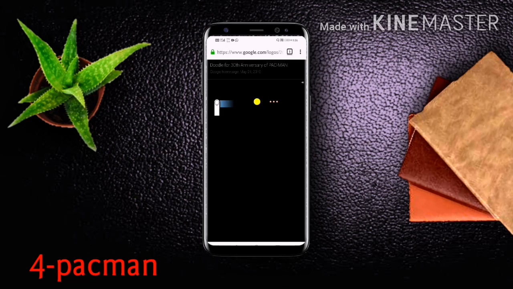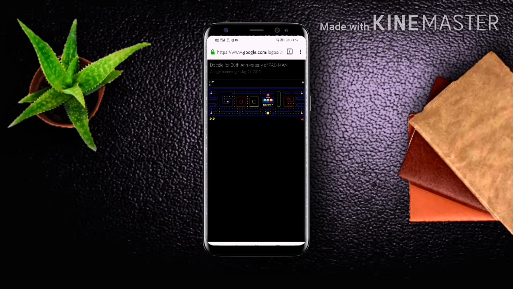Okay, now you can play the Pac-Man game by moving your finger up, down, right, left, just like this. You can have fun and make an impression on your fans.